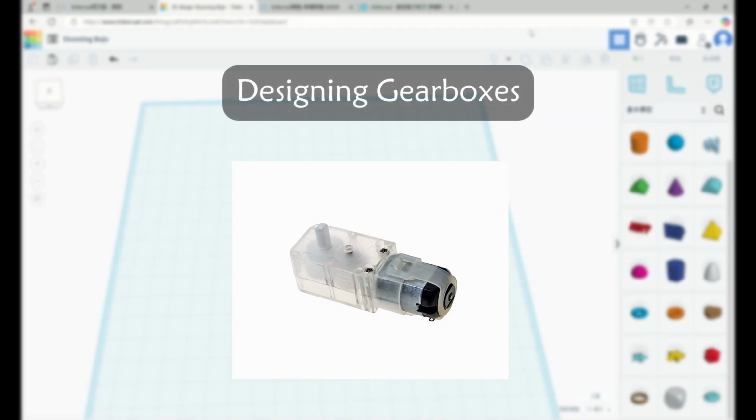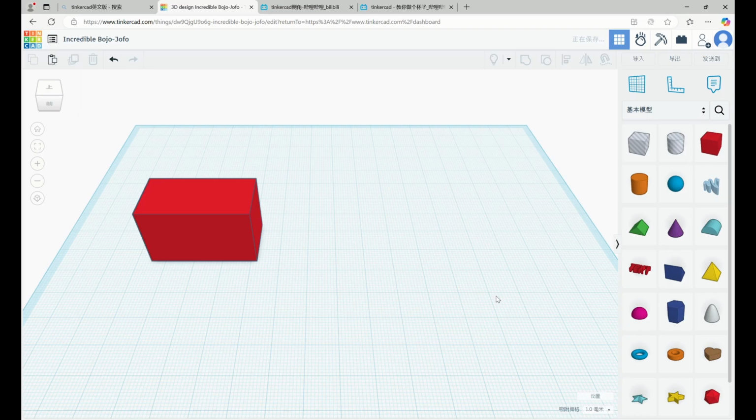Let's move on to the next exercise and design a simple gearbox. The gearbox is a key component of the robot and is responsible for controlling the motion of the robot. When designing a gearbox, we follow the same steps of decomposing, adjusting, aligning, and grouping. The gearbox is designed as several simple cubes and cylinders, which are combined into a complete part by means of